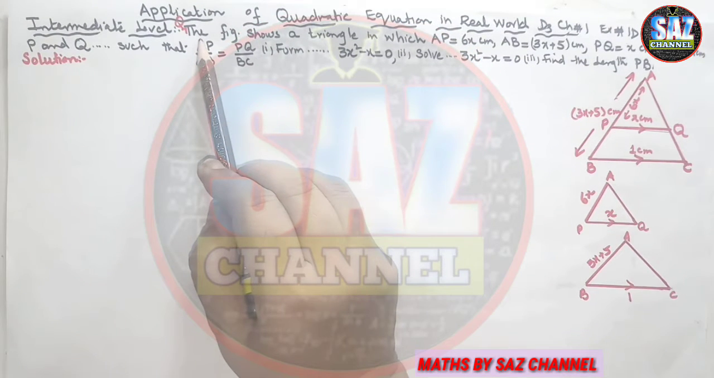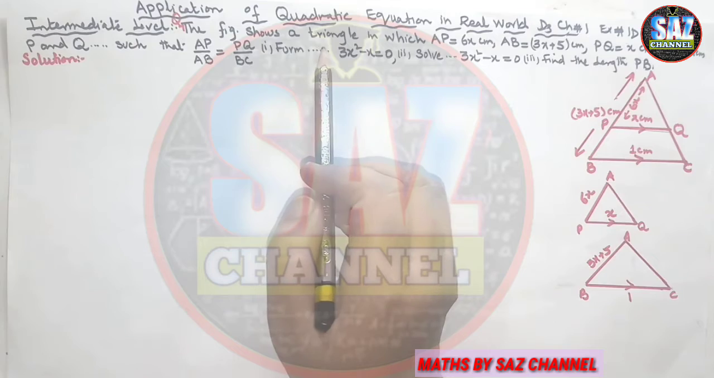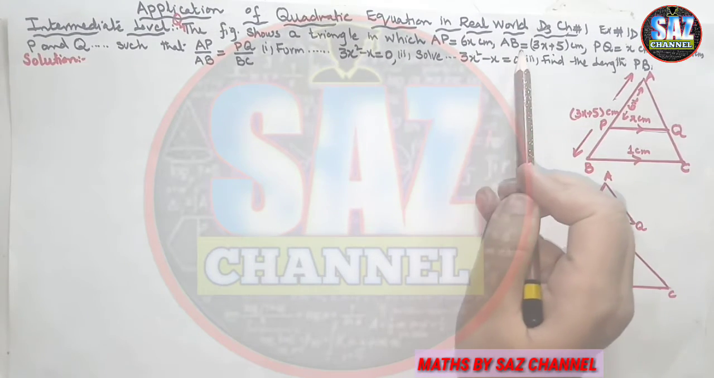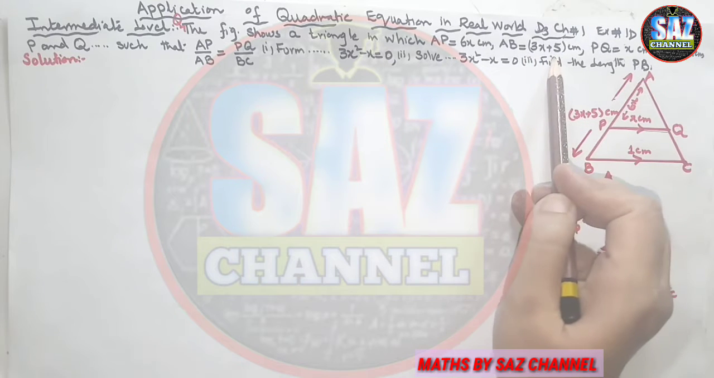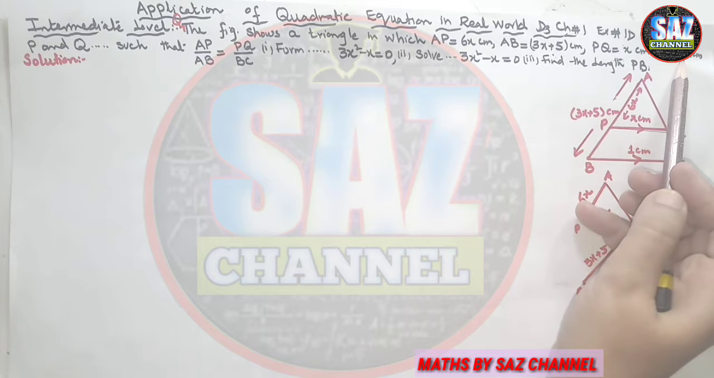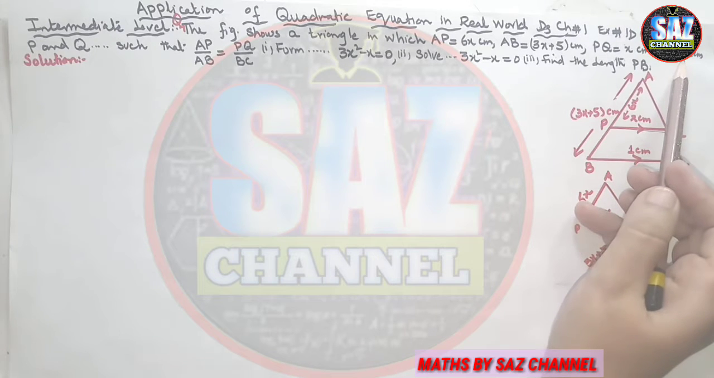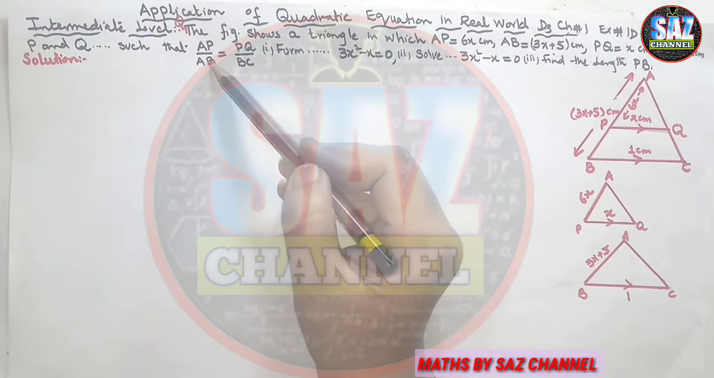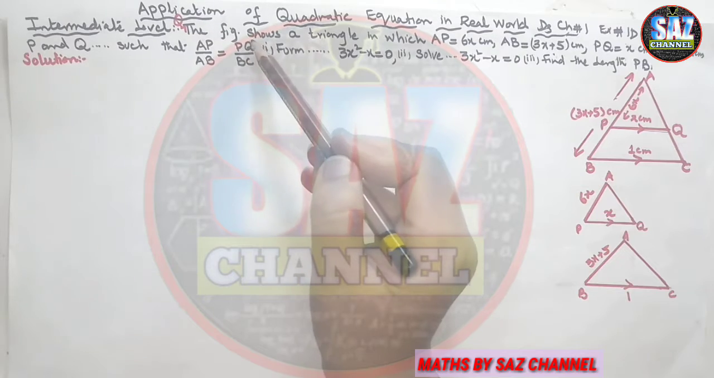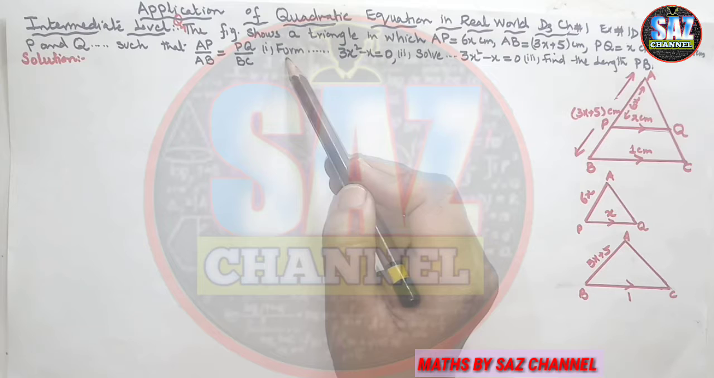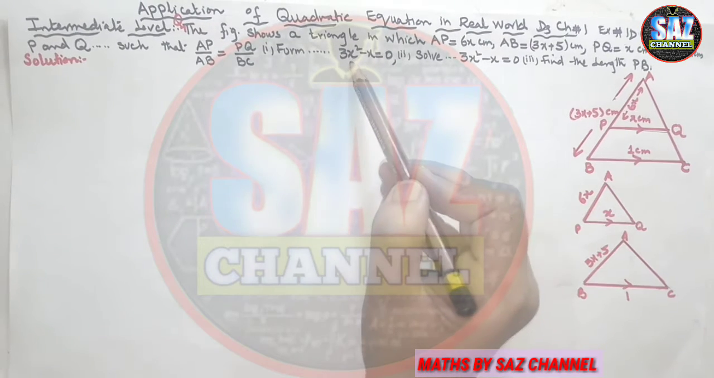The question says the figure shows a triangle ABC in which AP is 6 centimeter, AB is 3x plus 5 centimeter, PQ is x centimeter, and BC is 1 centimeter. P and Q are 2 points on the lines AB and AC respectively, such that AP ratio AB equals PQ ratio BC. The first part of the question is to formulate an equation in x and show that it reduces to